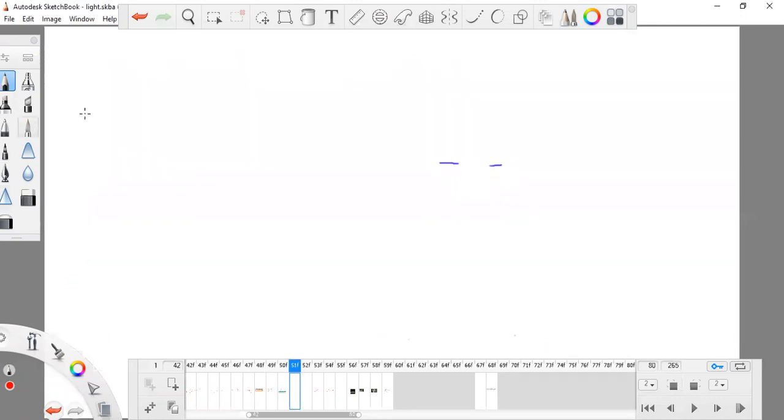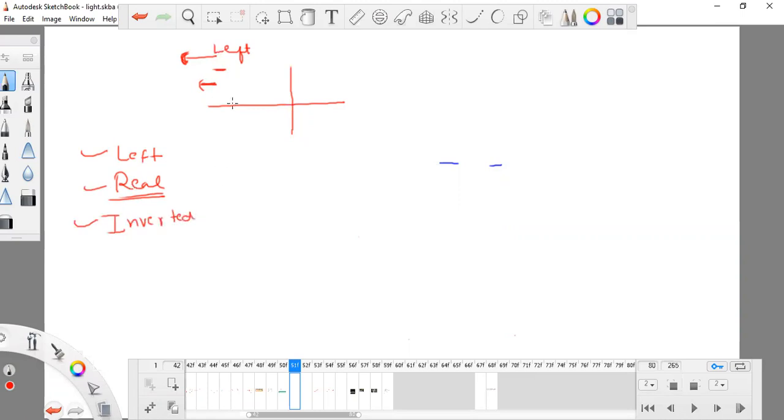One thing I want to tell you: if you consider that this is the mirror, then anything taking place here on the left side happens with the concave mirror. When the image is forming on the left side, remember that it will be real, it will be on a screen, and it will be inverted, meaning below this line. These things should go together. You cannot say that if it is on the left then it will be virtual.